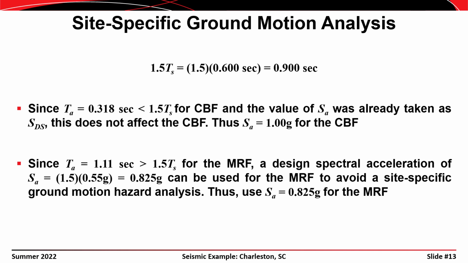However, the approximate period of the moment resisting frame was 1.11 seconds. That's greater than 1.5 times T sub S for the moment resisting frame. So a spectral acceleration of S sub A equal to 1.5 times 0.55 or 0.825 can be used for the moment resisting frame in order to avoid the requirement of a site-specific ground motion hazard analysis. Thus, in order to avoid that ground motion hazard analysis, we would use a value of S sub A equal to 0.825 G for the moment resisting frame. Or you could pay a geotechnical engineer to do that site-specific ground motion hazard